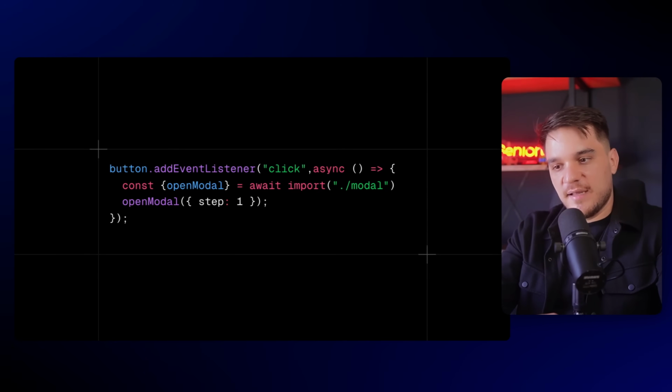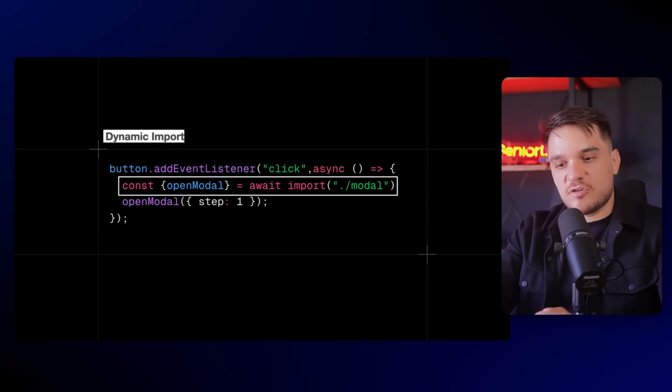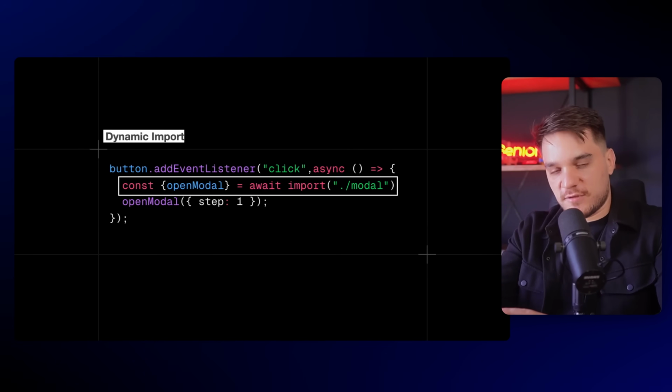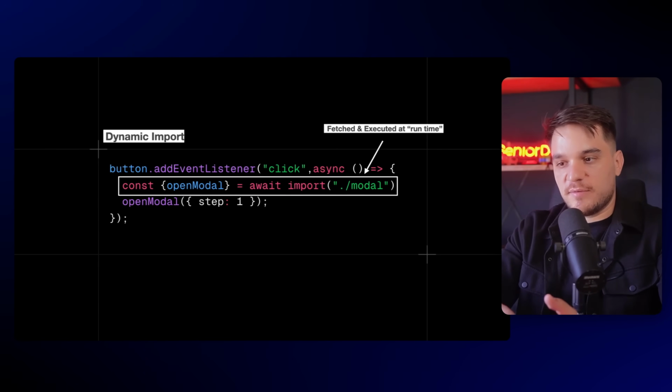We have that click event, and whenever that runs, it will run an asynchronous function to download that modal JavaScript, the JavaScript we need to open the modal, and then finally we'll open the modal with the function it got. But basically, again, it needs to go to the server and get that chunk, that leftover part. That part of JavaScript will be fetched and executed at runtime,